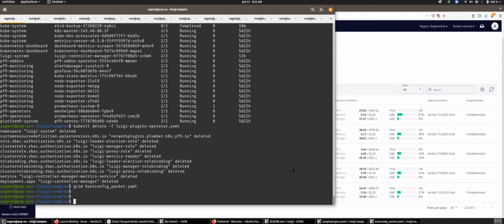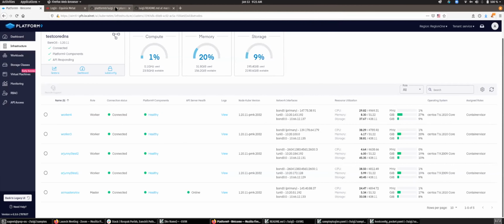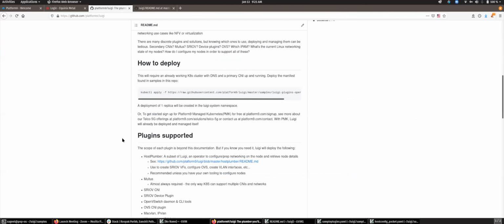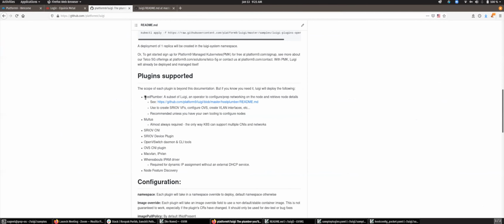And as for Luigi, it's not so much that Luigi supports CNI, right? It deploys other CNIs, and for now, these are all the plugins that it supports. As I mentioned earlier, it's more like an add-ons operator to deploy, manage, and upgrade these, as well as configure them. So you don't have to worry about what repo do I go to, how do I install it, what do I need to configure? The goal is you deploy Luigi, and it will automatically take care of deploying all of these plugins.